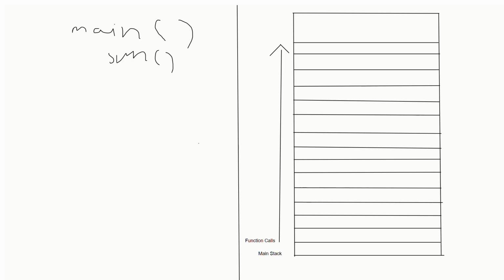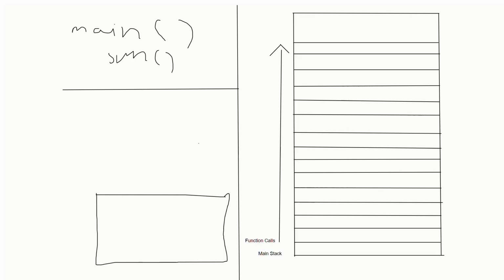So what's actually happening is that all our functions have a stack. Every function has its own stack. So main function has a main stack that's gonna hold everything. Our main function has basically all of the local variables, all of the function calls, everything. All right, so let's say we also have a variable called this. So in our main stack, first we are gonna have this, our local variable,